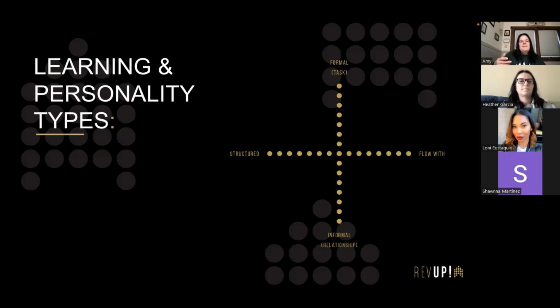So if you have a piece of paper, you can do this in person, you're going to draw this X, and somewhere on the line, you can't choose the middle dot. You would choose how close you are. Are you more formal or task oriented, right? Or are you more informal or relationship based, right? And then you could move, am I more structured or do I more go with the